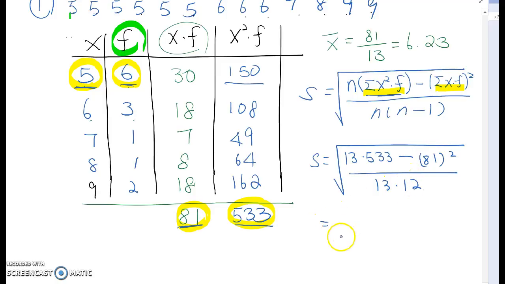If you calculate this, you will get 1.5359. I recommend keeping it until the 4th decimal digit, and then you may follow the rounding system, because of course